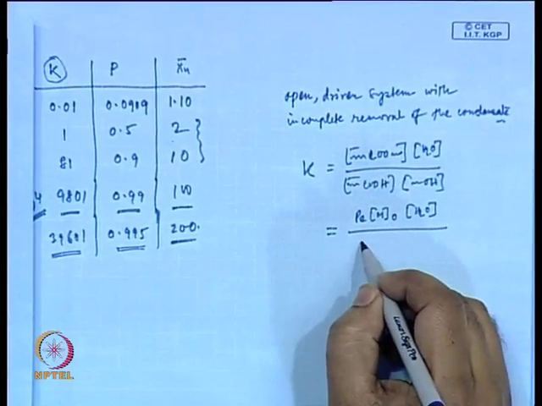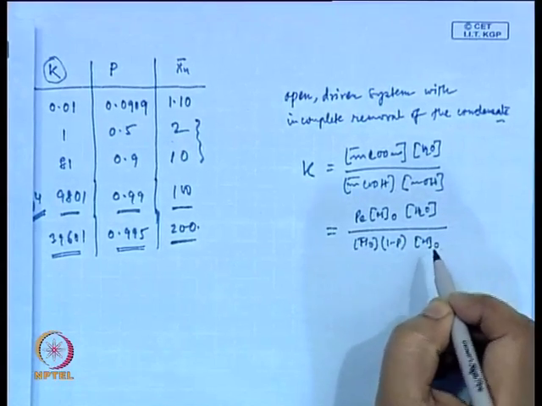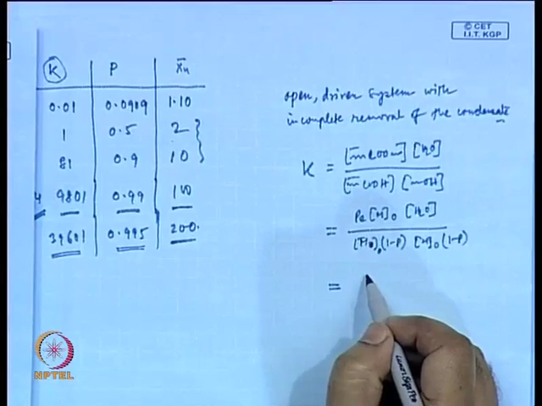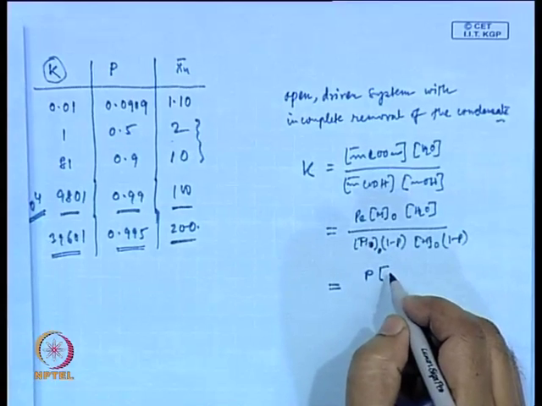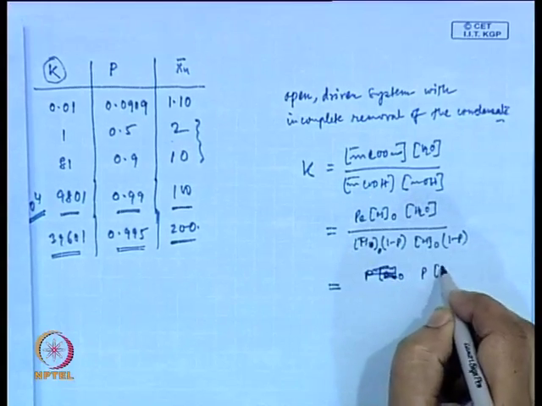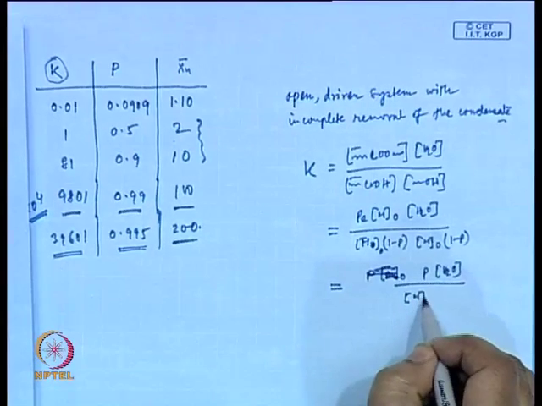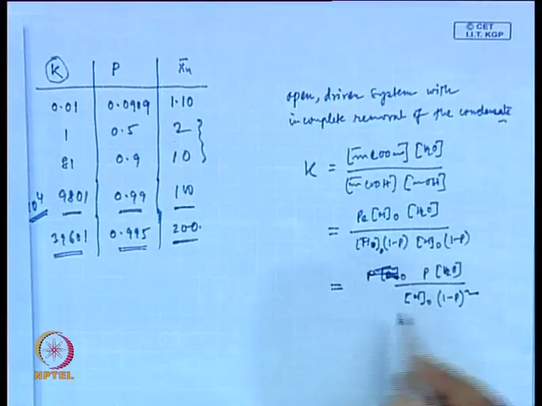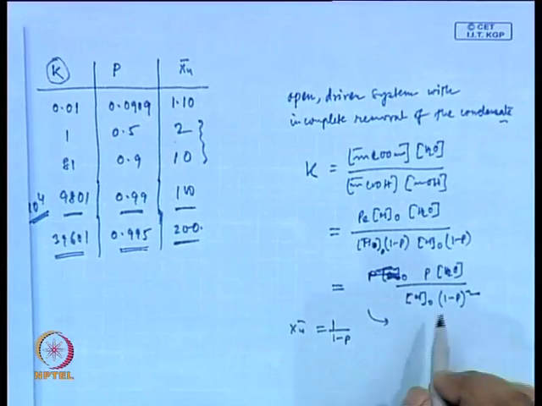So, we are writing it like this, and it is again M0 (1 minus P), M0 (1 minus P), which makes this as... we know Xn is 1 by 1 minus P. So, this can be written as